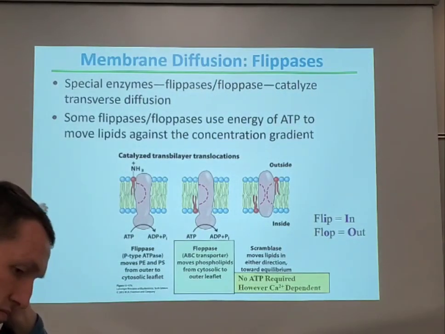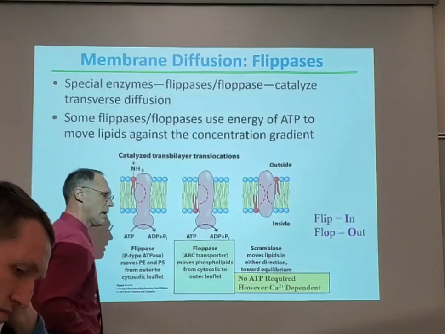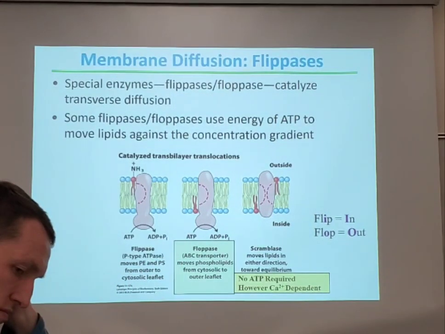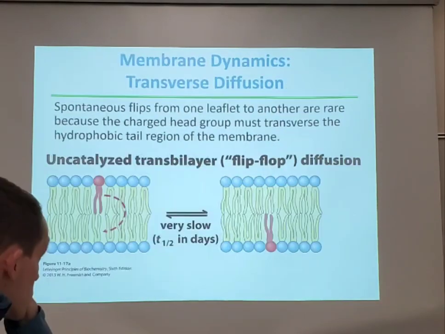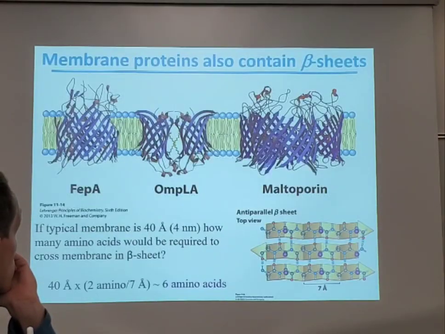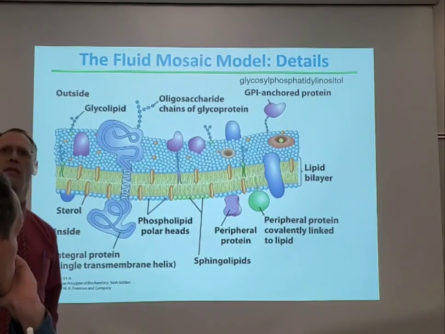These are called P-type, ABC type, okay? These types of transporters are going to be important as we talk about membranes, and so we're going to start caring about those. It seems to me like I'm forgetting to talk about something. Oh yes, something that we should have spent some time on the other day.